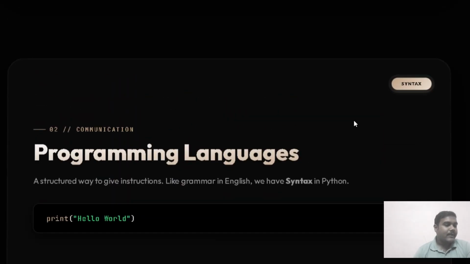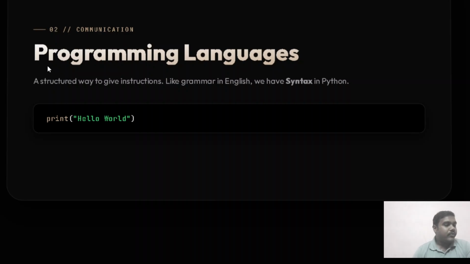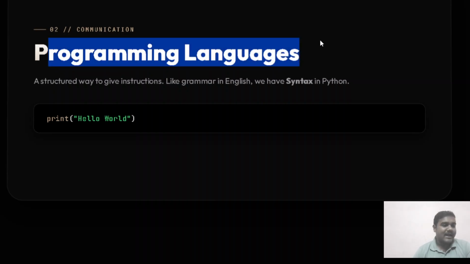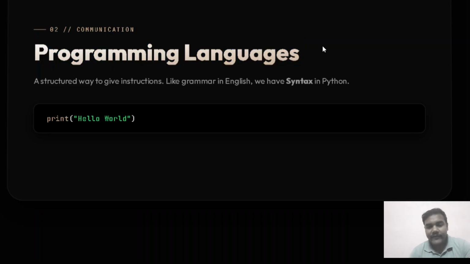Now here we have programming languages. There are a lot of examples of programming languages. There is Java, C++, Python, then JavaScript, then Go, Rust, a lot. If I start counting only the programming language names, I need at least 10 minutes. So why do we need programming languages?